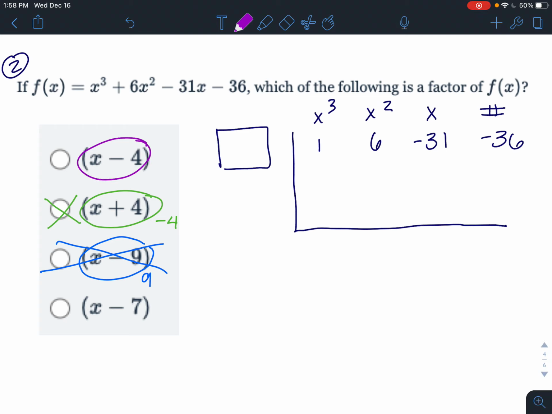Okay, maybe I'll try this one now, the x minus 4. So if I'm dividing by x minus 4, I'm going to put a positive 4 in my box. Drop down the 1, multiply and add. I'm going to get 10, multiply to get 40. Negative 31 plus 40 is positive 9. And 4 times positive 9 is positive 36, which gives me my remainder of 0. So this tells me that x minus 4